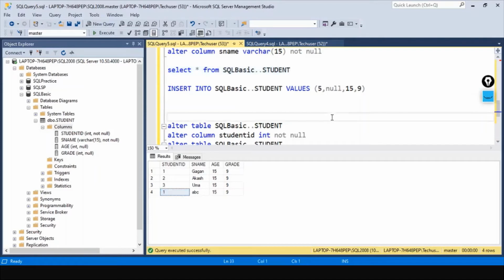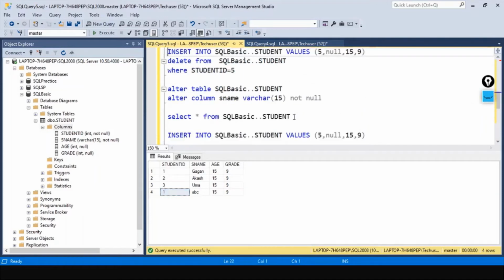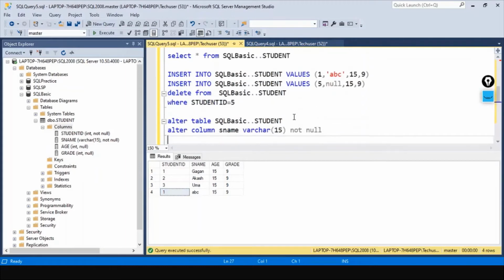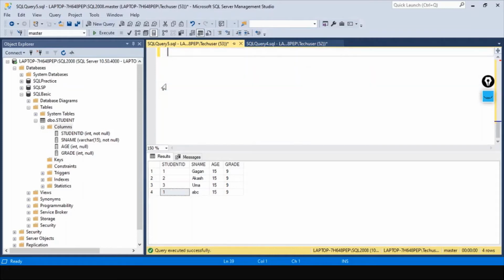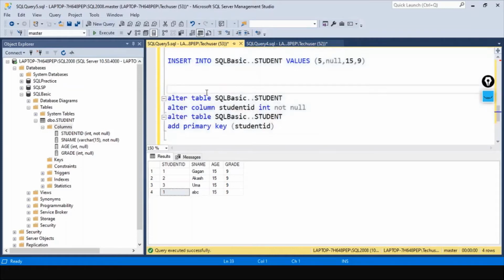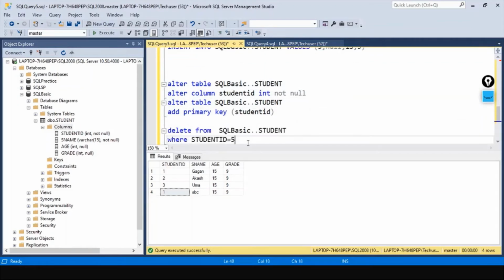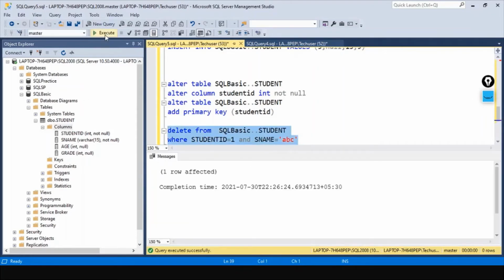So let's delete one of the rows. Because we had some command, let's use it. Here it is. Student ID is equal to 1 and student name equal to ABC. We are only deleting one row. We are keeping one student ID, one row affected.